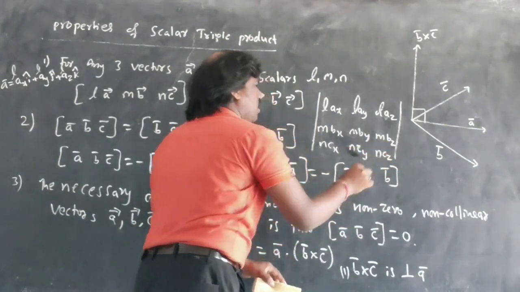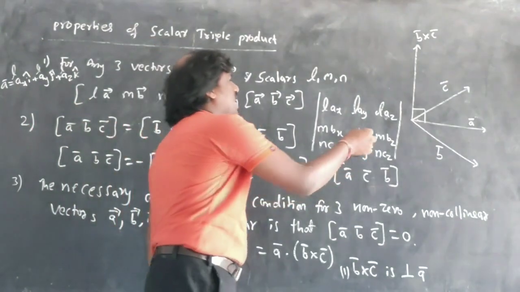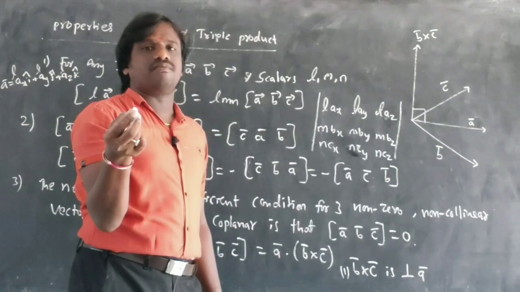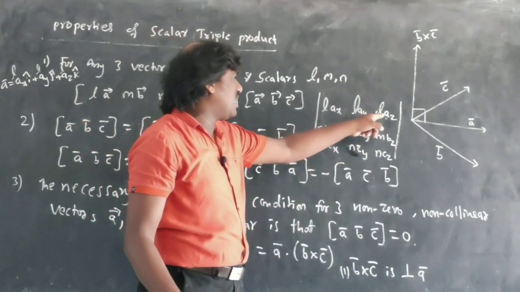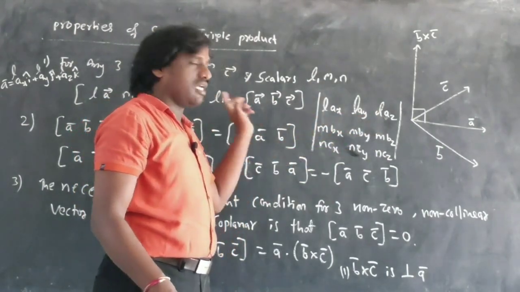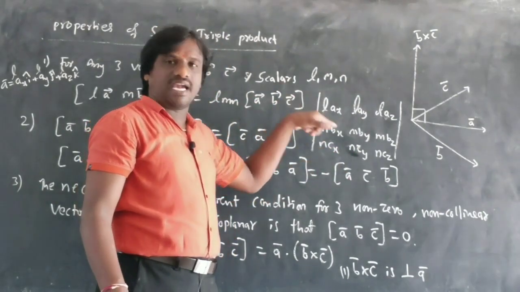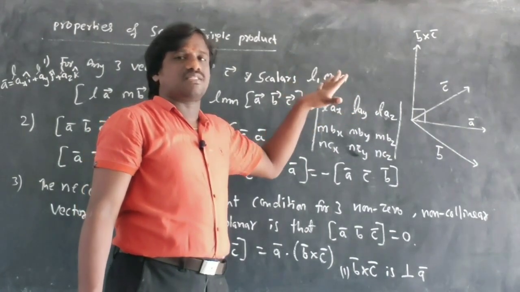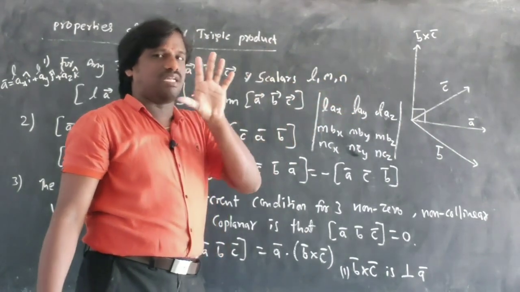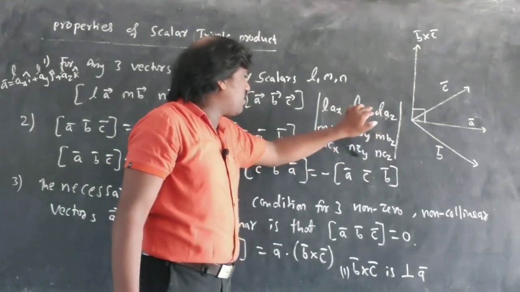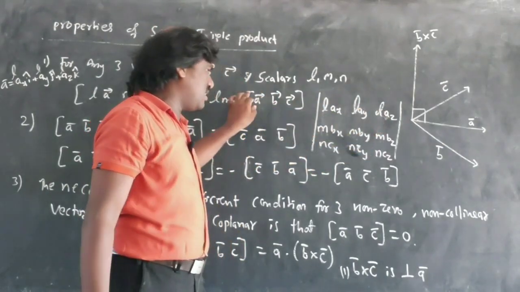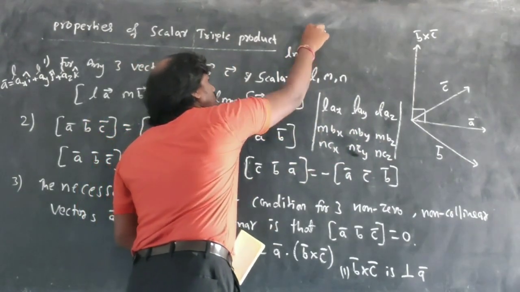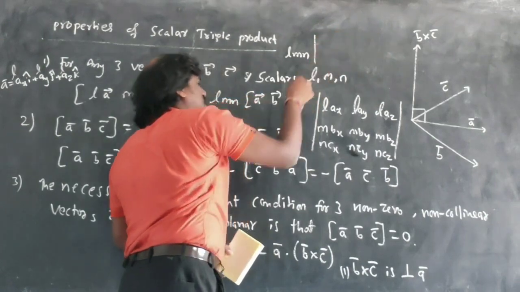Actually, you know that in the determinant rule, I can take out a common factor from any row, and the determinant value will not be changed. That is, I can take L outside, M outside, N outside, so L, M, N into the determinant of this matrix I'll get, correct? Those in 11th standard will not understand this one, but 12th standard students will. I am taking L common from this row, M common from this, N common from this, and I'll get the LMN box. So the LMN box is nothing but this, the same.